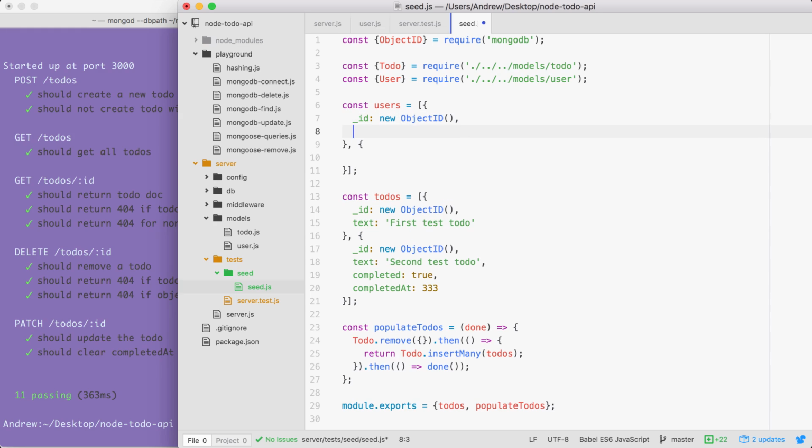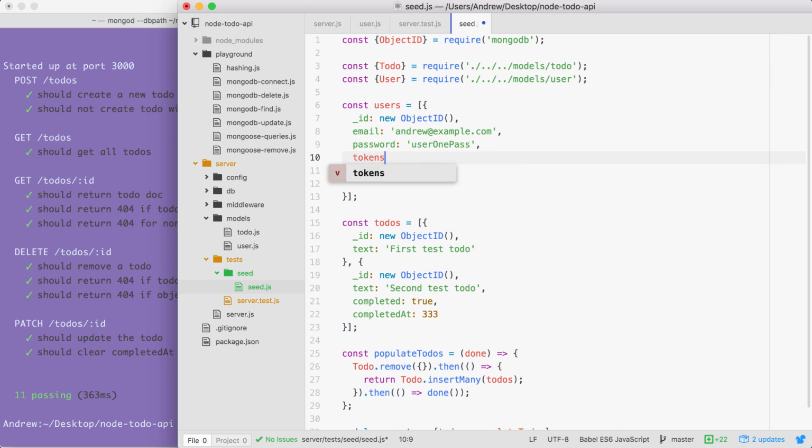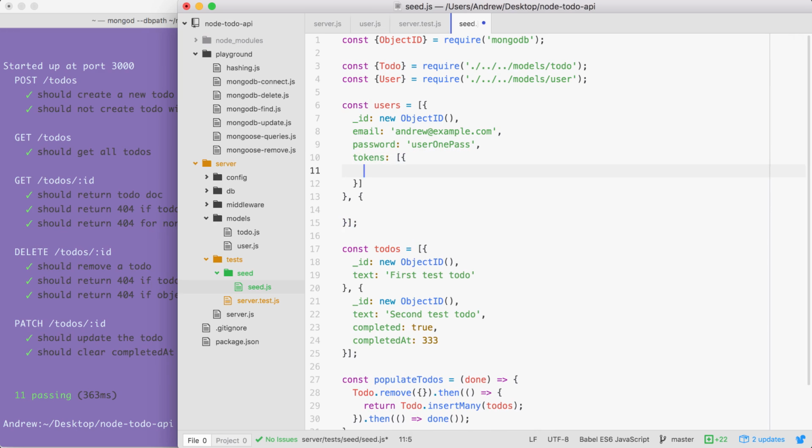Then we can set up an email and a password. A good email for this one would be andrew@example.com. And finally, that password field, I'm going to set password equal to user1pass. Next up, we are going to need to provide the tokens array. Remember, the tokens array is an array of objects, and every object has 2 properties, access and token. The access property is easy enough. We simply set access equal to the string auth,